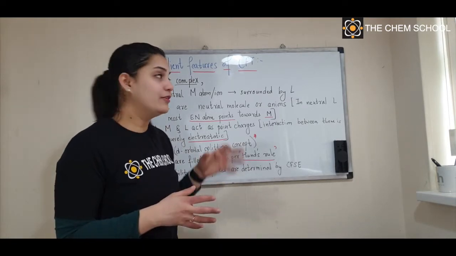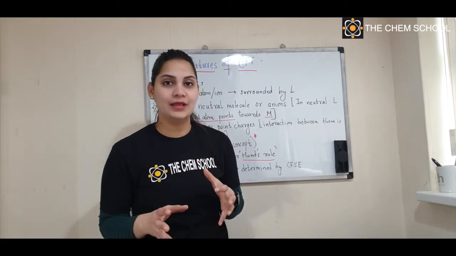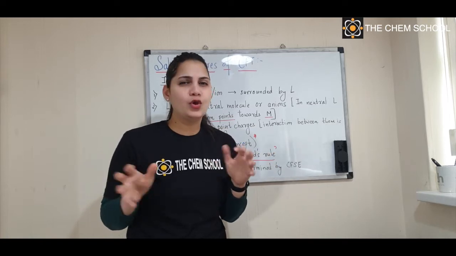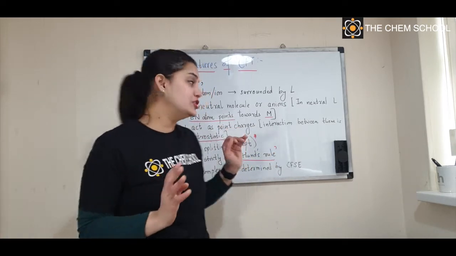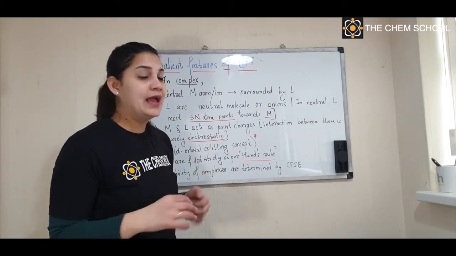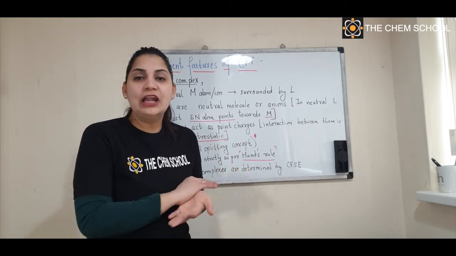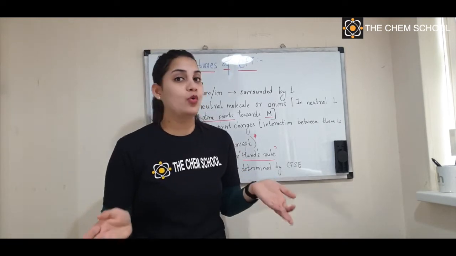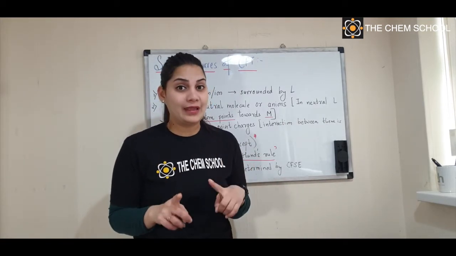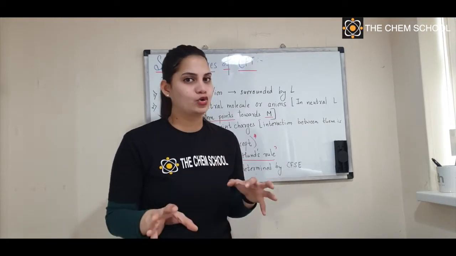Next, when you talk about the metal and the ligand, they behave as point charges. CFT talks about the prevalence of ionic bonding in a complex. It says that in a complex, the metal and ligand have ionic bonding, or the interaction is purely electrostatic. What does that mean? It means there is no overlapping between the metal and the ligand. It completely rules out the concept of covalent bonding. Remember, it rules out the concept of covalent bonding. As per CFT, the bonding in a complex is ionic or electrostatic.